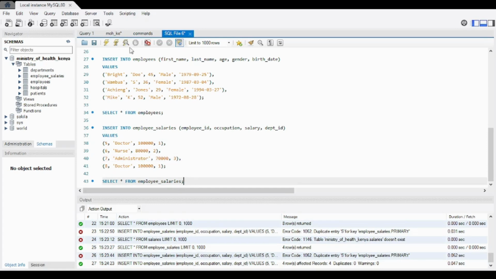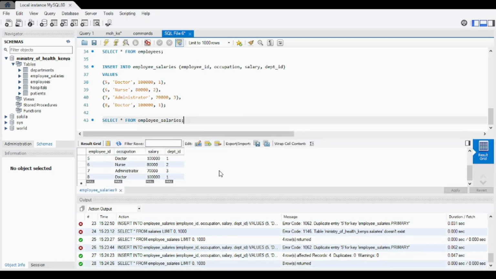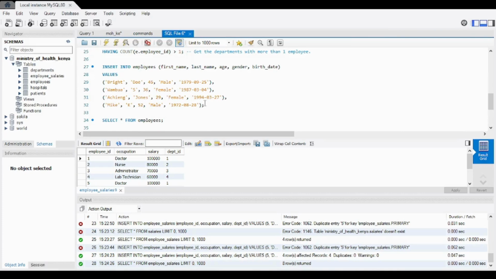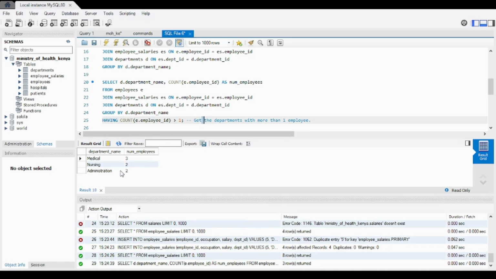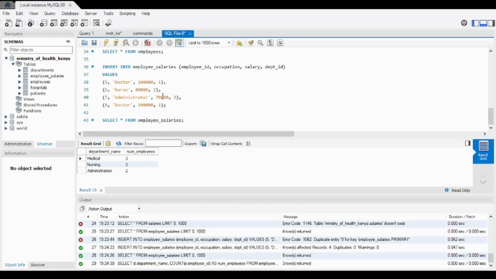Yeah, and now I think when we run this, we should be able to. Yes, now we have 8 employees. So we'll go ahead and run what we had here, where we were getting the departments with more than 1 employee. So yeah, now we have medical with 3 employees, nursing with 2, and administration with 2 employees. Now we're good to go. We can move on to the next command,